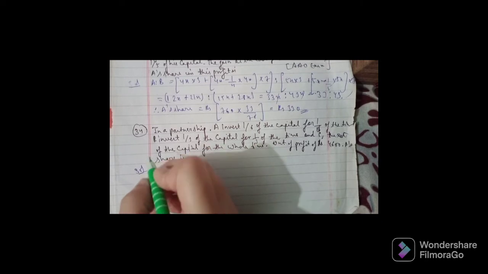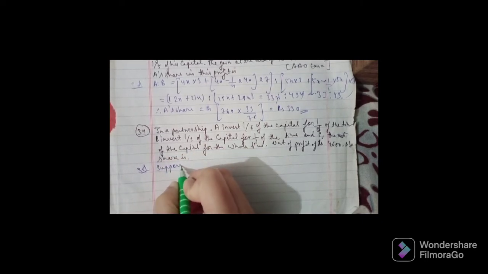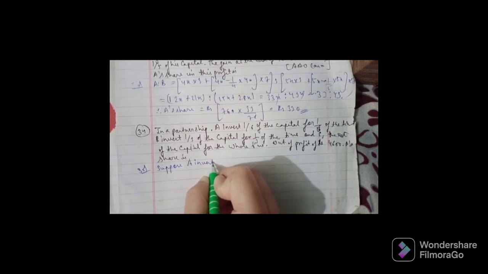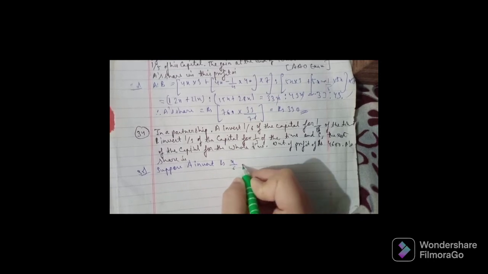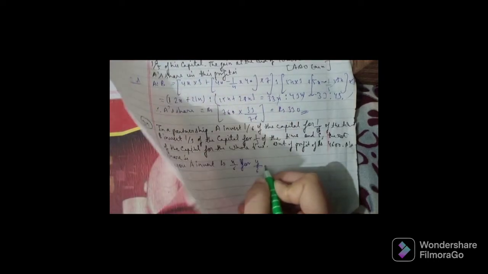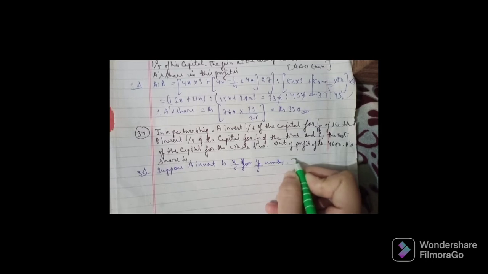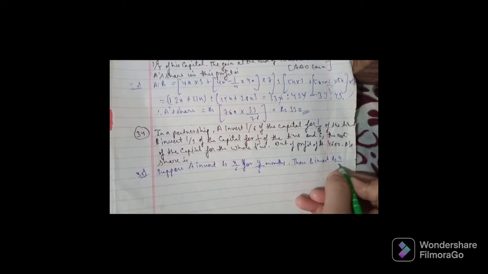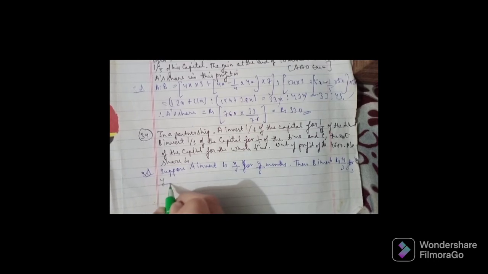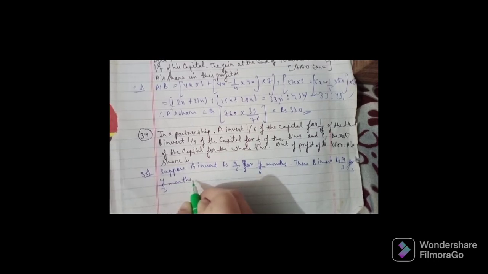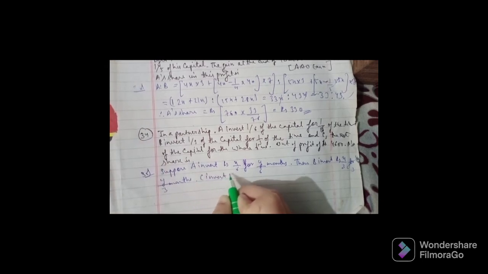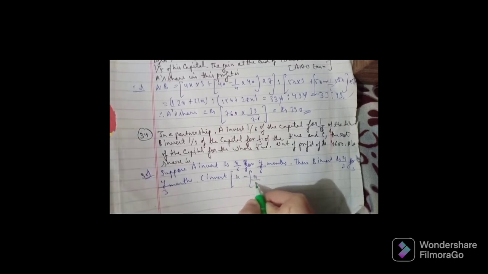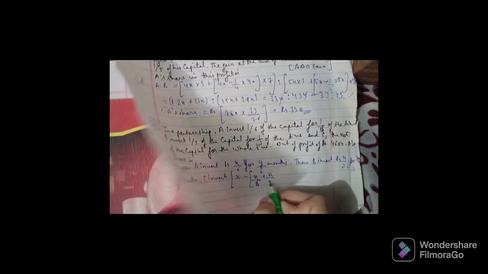So for that, suppose A invests rupees X by 6 for Y by 6 months, then B invests rupees X by 3 for Y by 3 months, and C invests X minus X by 3, so X by 6 plus X by 3,